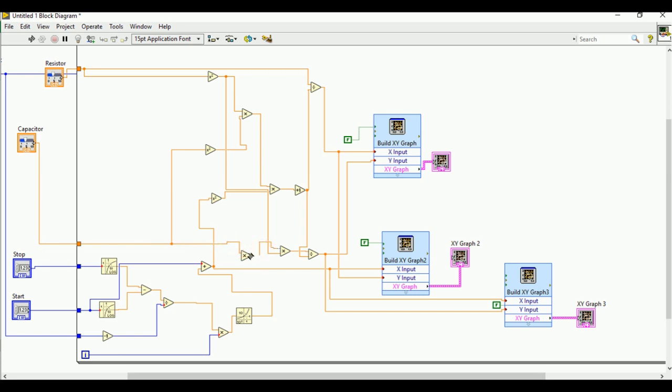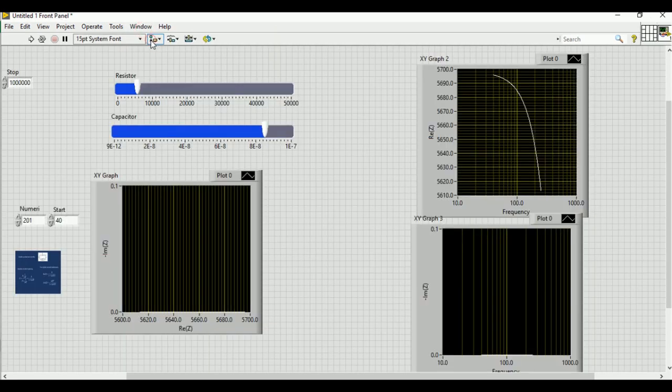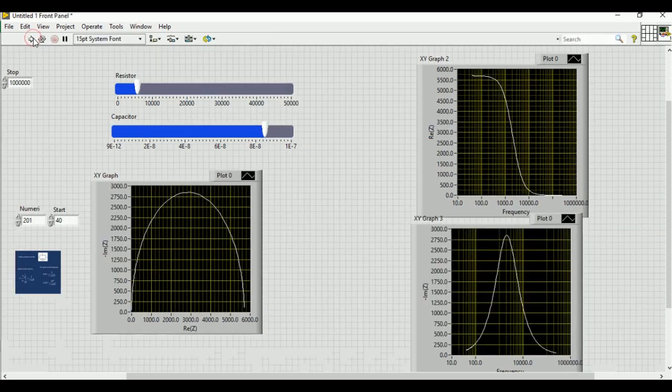Okay, so this is the c, and one more thing, that is the omega. So this is the omega, so I will connect it to omega. So now it will be omega c into r square coming from this point. Okay, so now everything seems fine. So now let's run the program. Let's see. Okay, fine. So now ultimately it came.